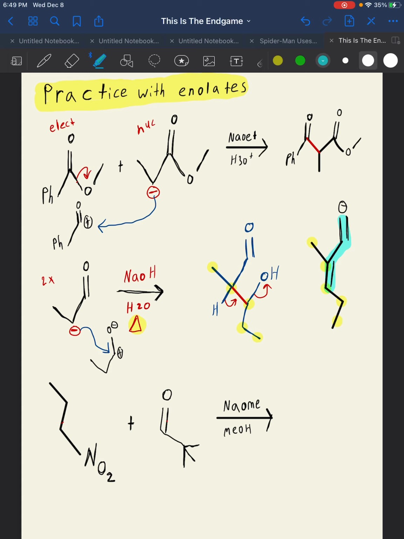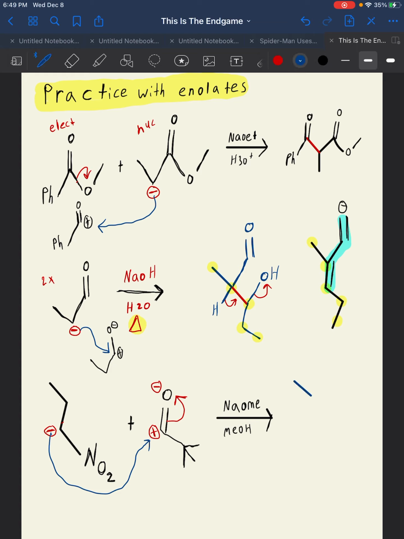Moving on to the next example. NO2 can also form enolates, which I've actually never gone over, but it follows the exact same mechanism. So your enolate would form here. You would then want to resonate up, opening up this orbital, making this negatively charged. Enolate can then come in, attack there,